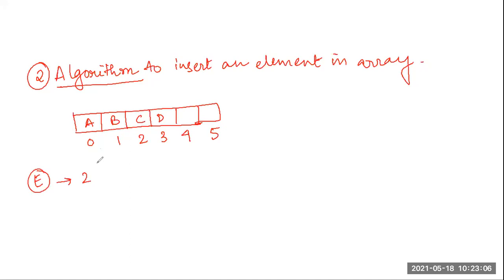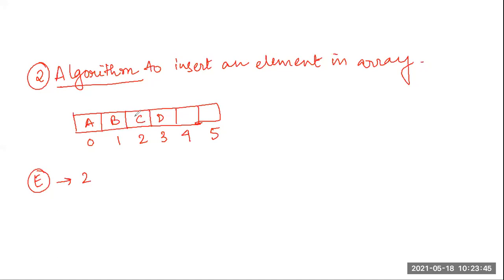Okay, so how can you insert? Just here, can you insert one upon the another? No, because this element will get deleted. Deleted means in C, a variable can hold one value at any particular time. So if you want to insert element E at this location, and you just insert it over here, C will get replaced and above C, E will be placed. So this element C will lose its identity. So it is not acceptable.